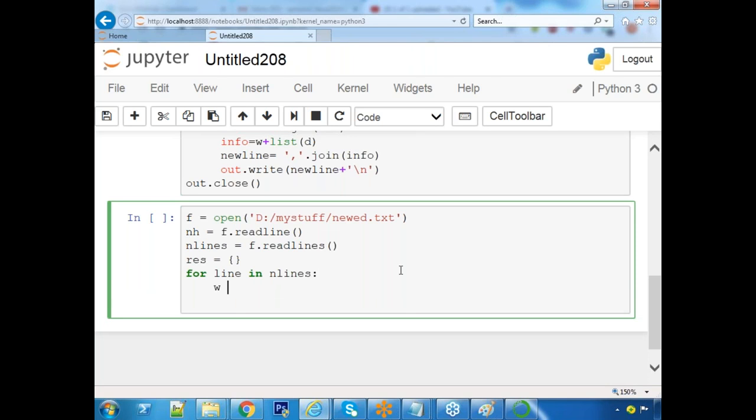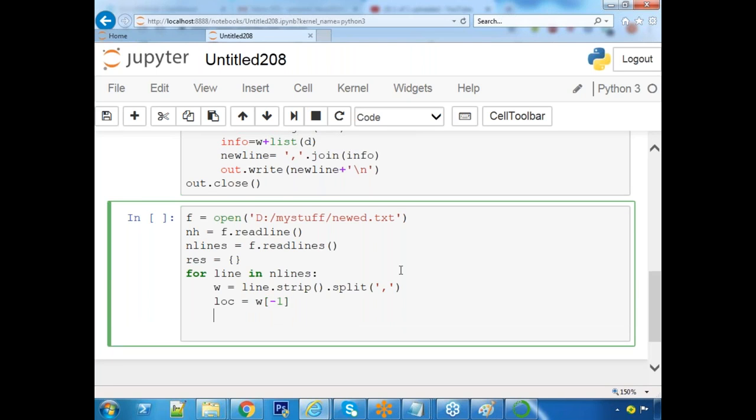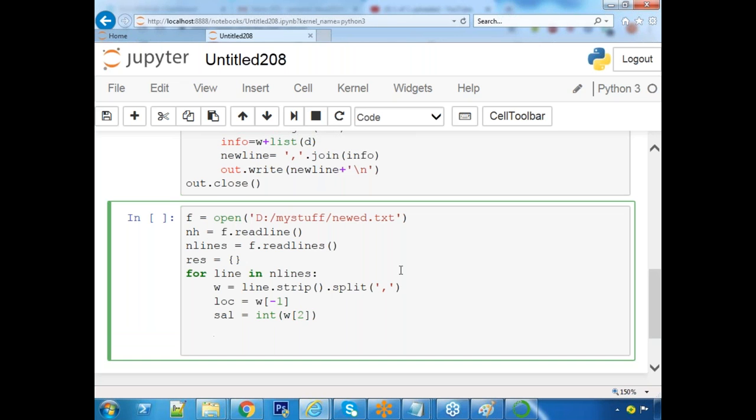w equal to line dot split. Before that apply strip. Separate your location, w of -1, which is the last one in the new file. Separate your salary, w of 2. Verify that location is available in the dictionary or not.